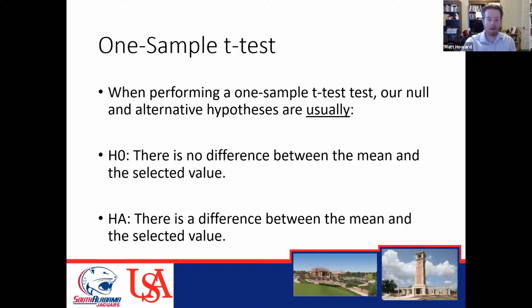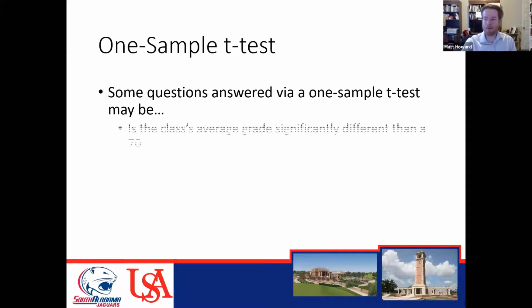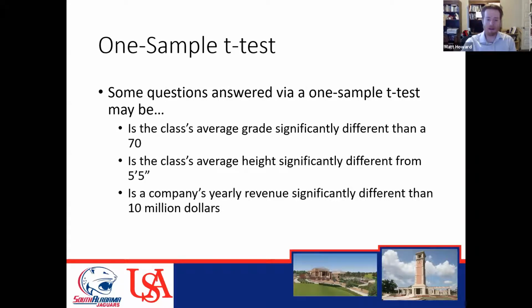Okay. And I already went over these when we were looking at the picture, but here's some examples, and here's some other examples that if you want to review, you can go back through the PowerPoint and look at it yourself. So the first one is exactly what I said before. You could also, in the second one, ask something like, is the class's average height significantly different than 5 foot 5 inches? You could test that with a one sample t-test because you have a chosen value, 5 foot 5 inches. You have a sample, the class, and you can assess whether the class's mean is different than that value